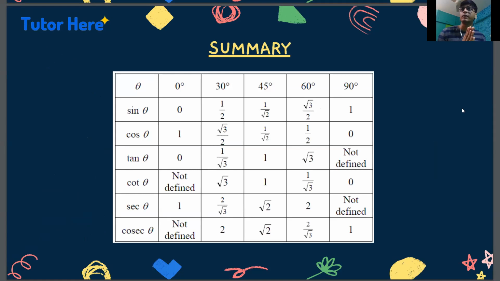What is the best way to summarize this whole video? Is by just looking at this table. As I told, I'll give you a simpler way. Now, you don't have to learn the whole table. What you can do is write sine, cos, tan, all the ratios in the left side and 0, 30, 45 at the top, all of them.